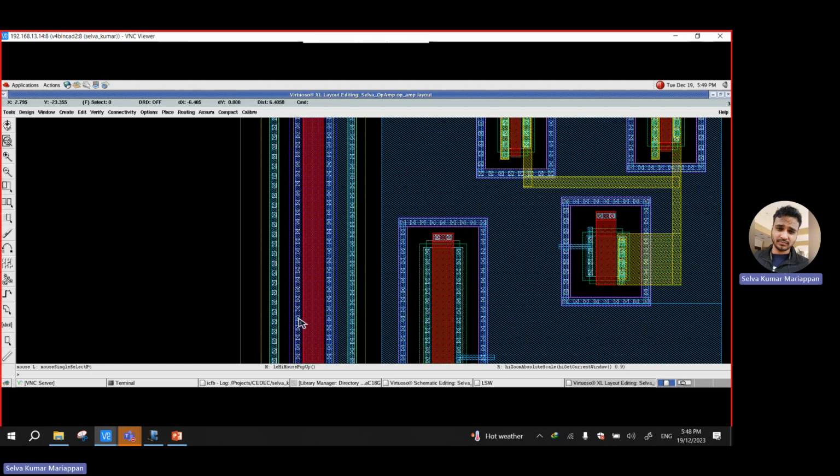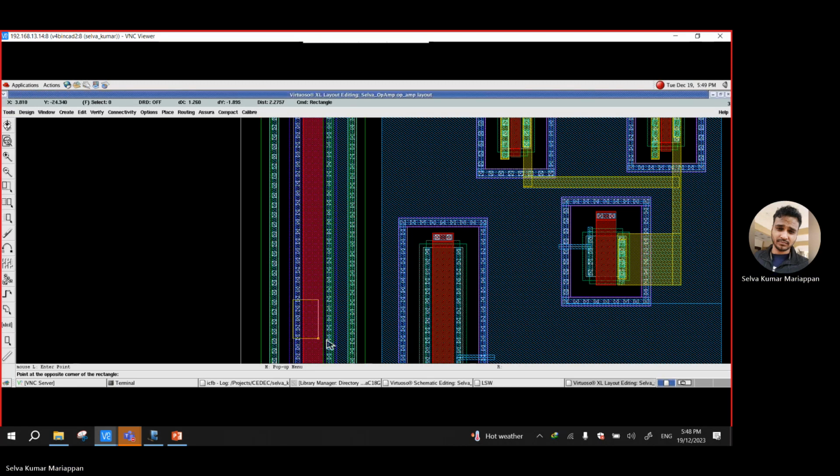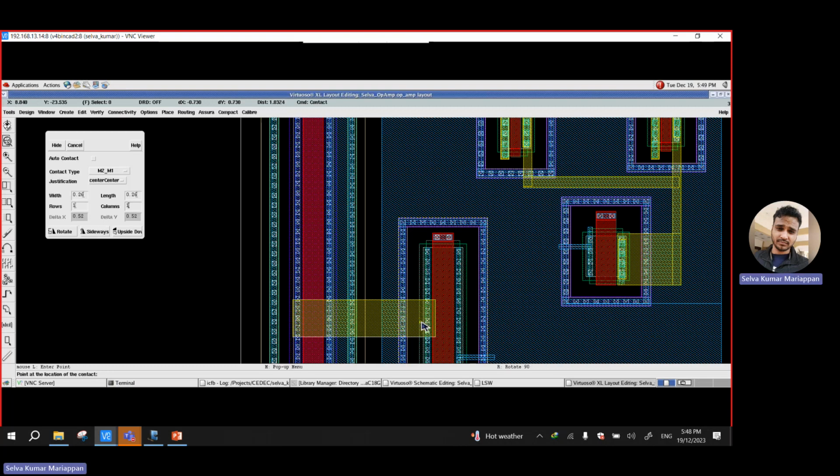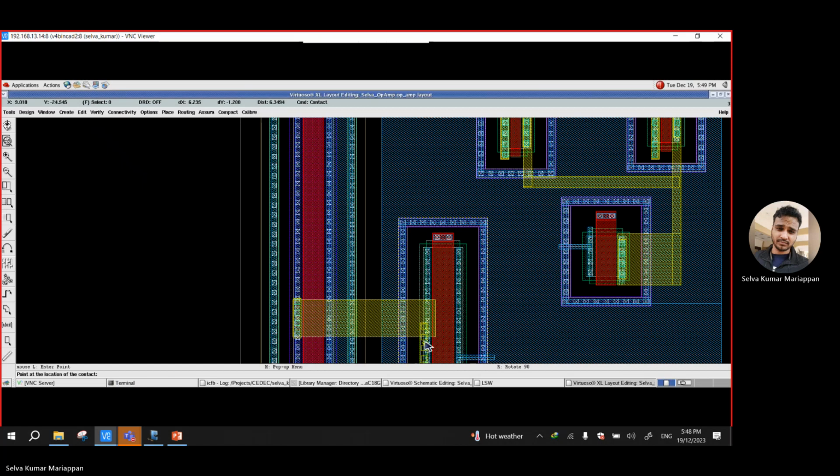So what I do, I just take metal 2. I have no obstacle there, so I just take metal 2. Just draw like this. Then I put metal 2 to metal 1. Take, let's say, 4. That is connected. Okay. So now it's connected. And also here,